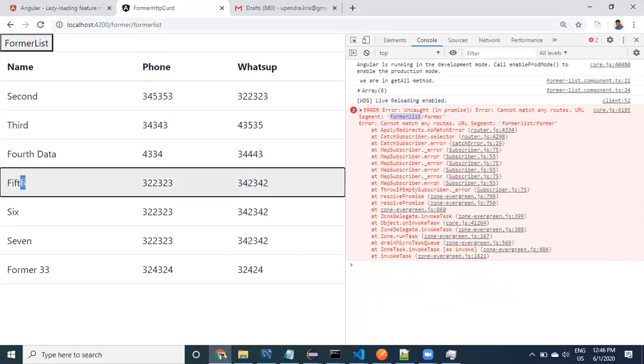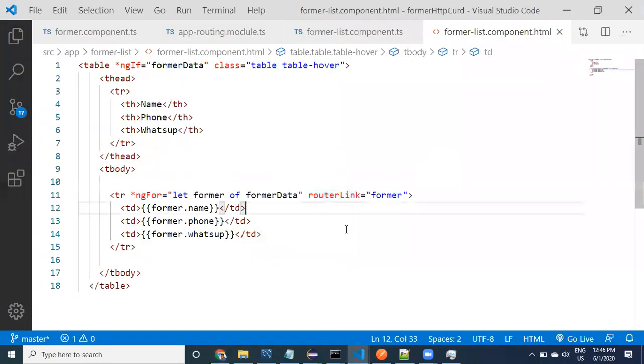Why? Because we have provided routerLink directly as farmer. Provide it like slash farmer. Yeah, providing the slash is very important.